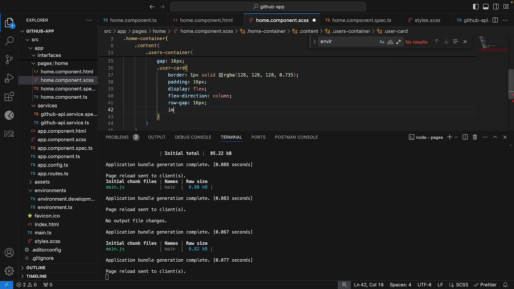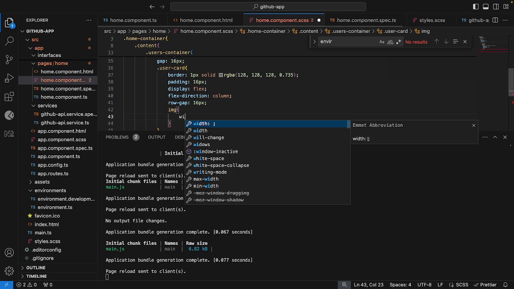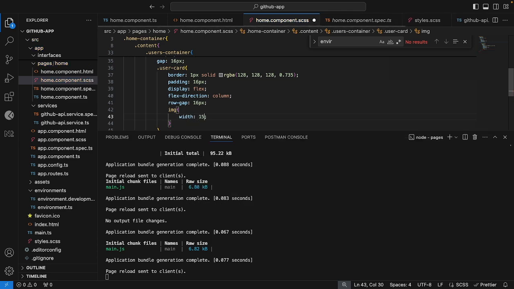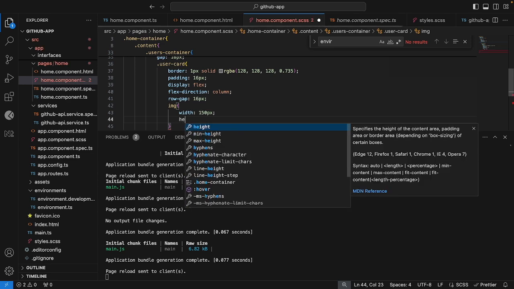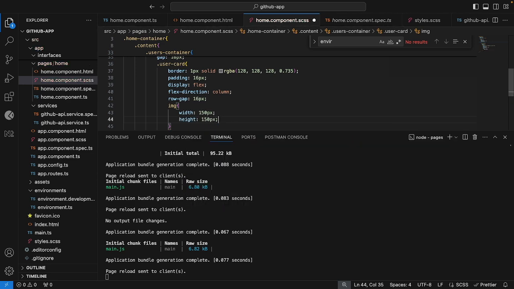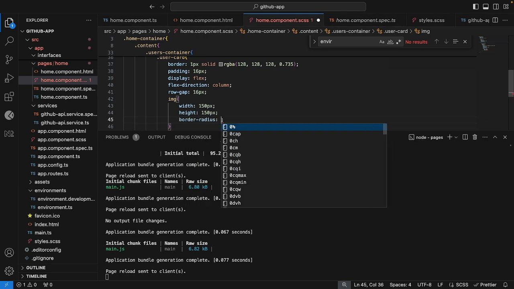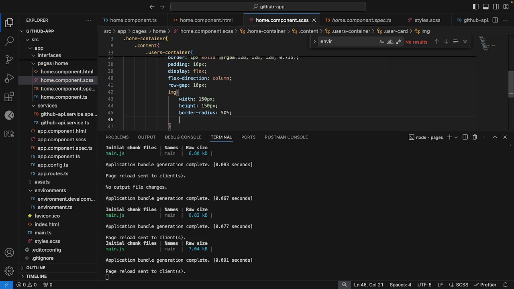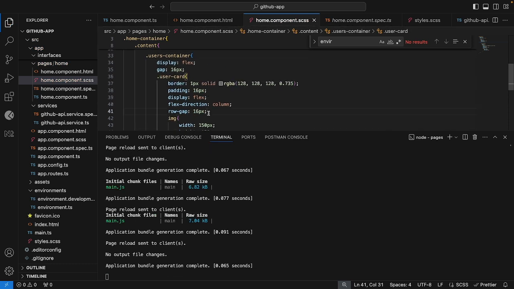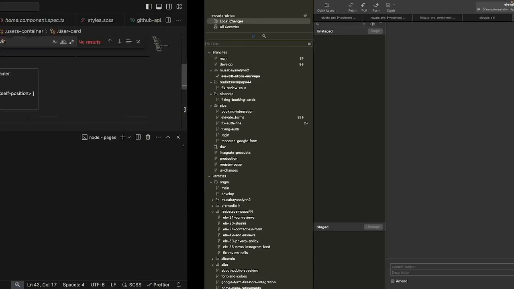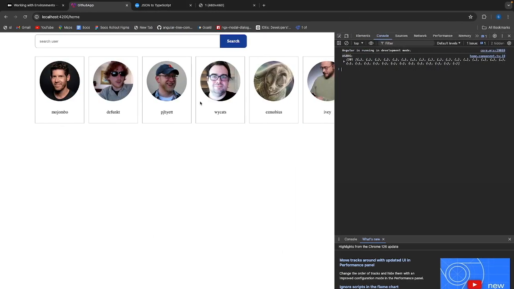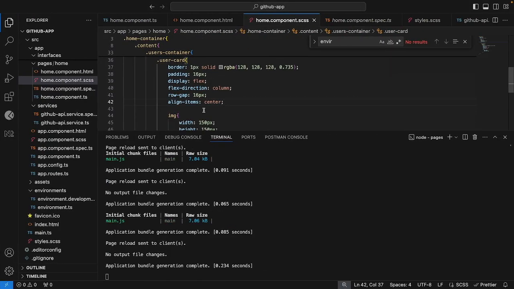Okay, and then we're gonna have like an image over here, which is gonna be set to 150 pixels by the height of 150 pixels. Our border radius is gonna be 50%, and align item set to center. Okay, so now let's see how our UI is looking. Okay, this is all good. I love this. So what's the next thing that we would want to do is, since this is set up